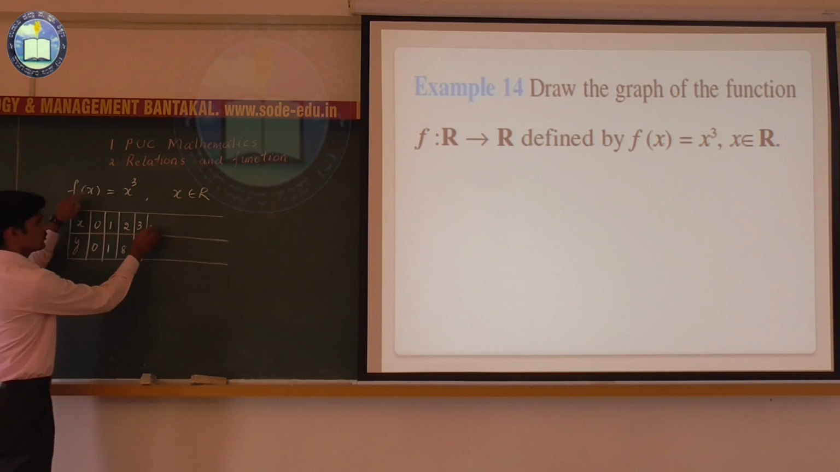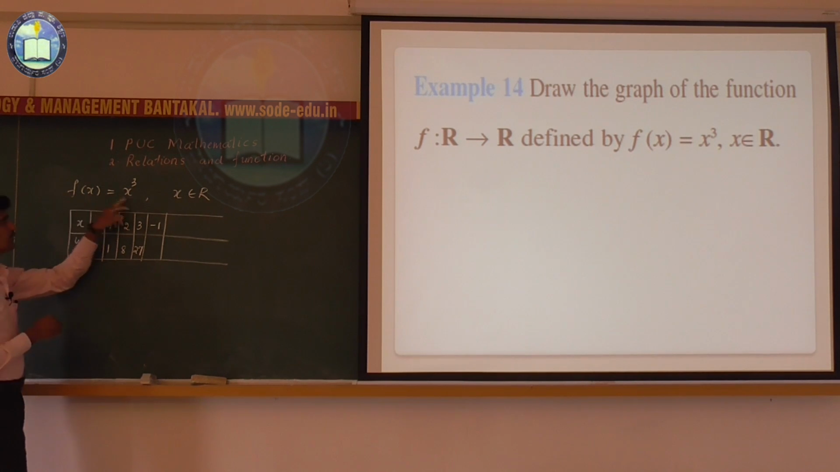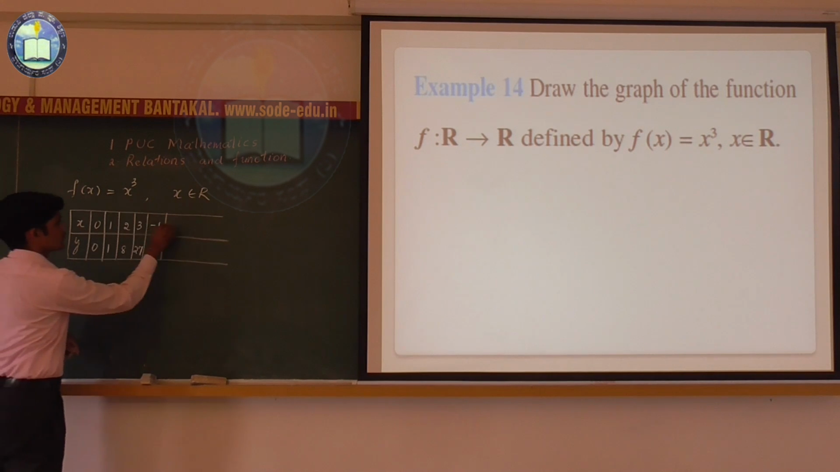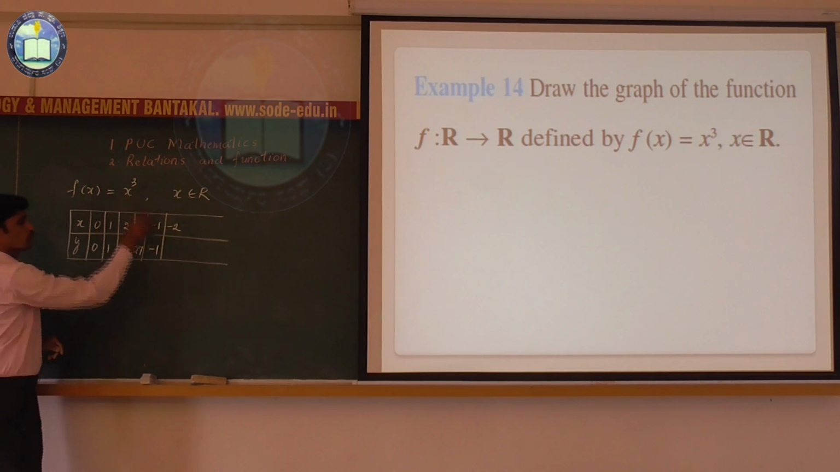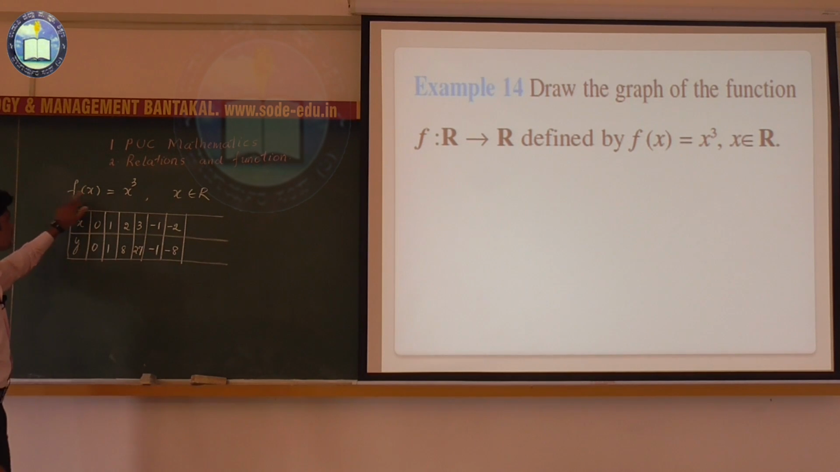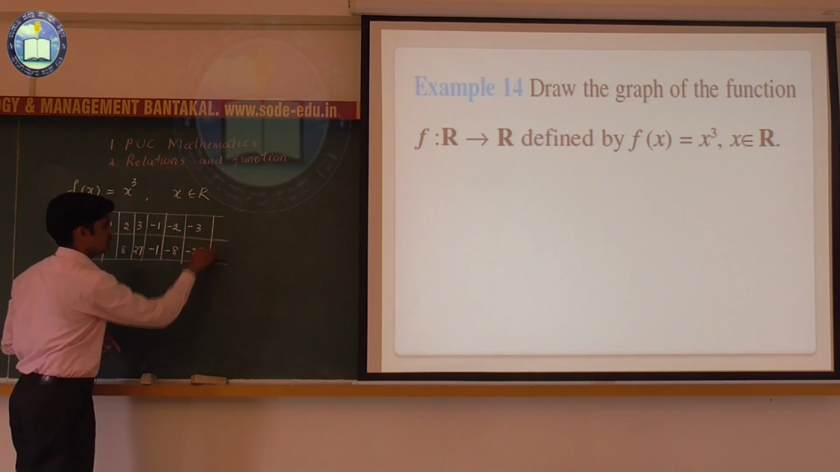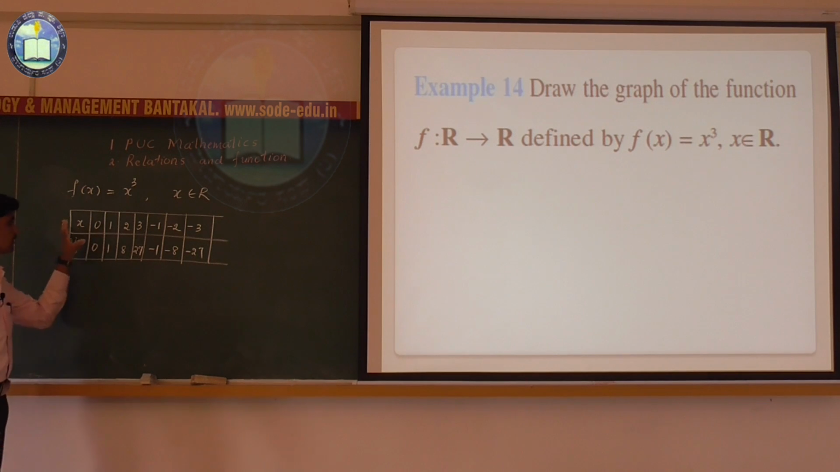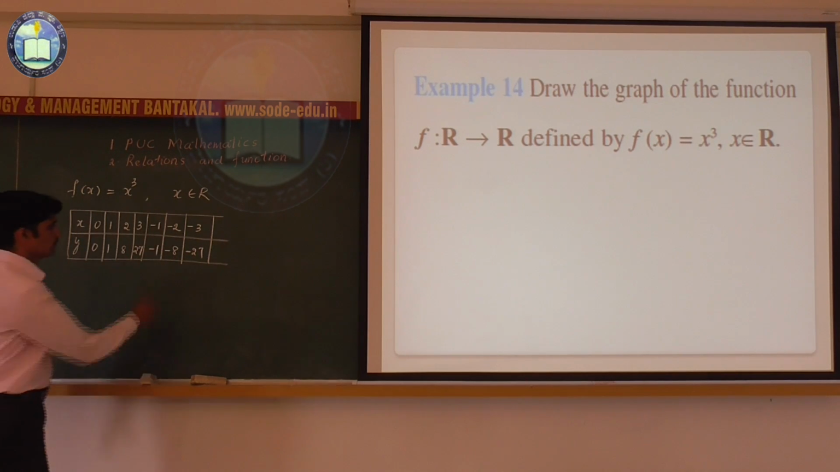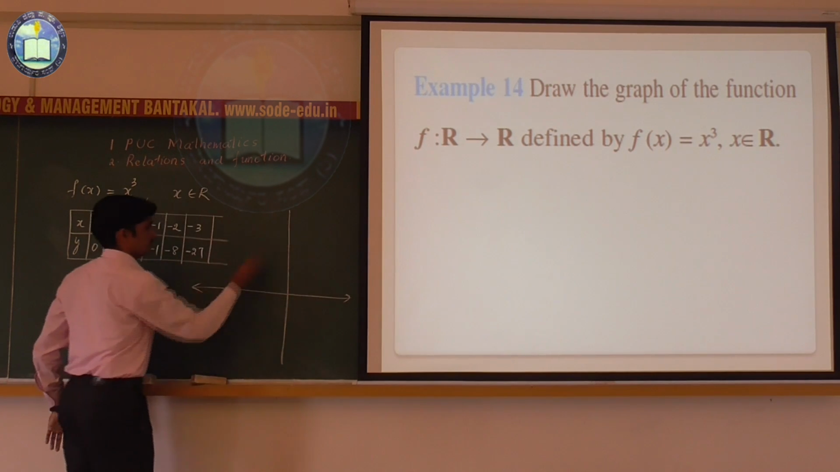Next, when we give negative values to x, when we give minus 1, f of minus 1 is minus 1 whole cube, which is minus 1. And when we give x equal to minus 2, minus 2 whole cube is minus 8. And when we give x equal to minus 3, f of minus 3 equals minus 3 whole cube, that is minus 27. These are the points on the graph. So by knowing this information, if we plot the graph of this function,